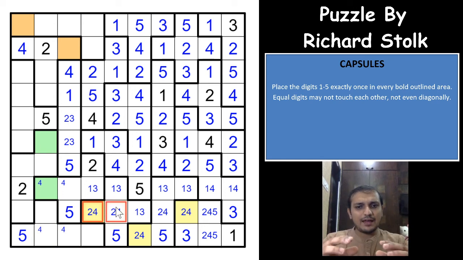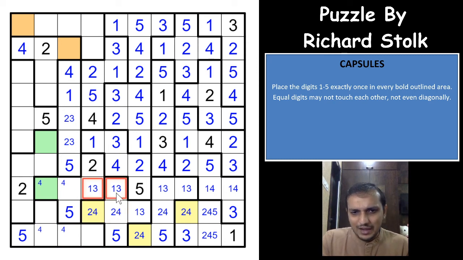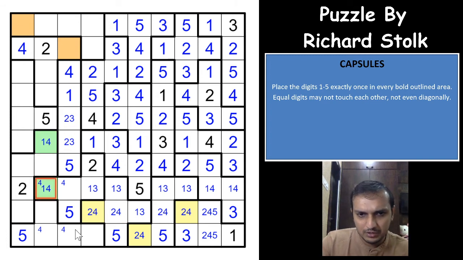So whenever you have a pair in the same region, or in a different region as well, whenever you have a pair adjacent to each other, the cells near those pair cells, horizontally or vertically, if the pair is vertical, then the vertical cells, if the pair is horizontal, then the horizontal cells cannot have those two digits, those two candidates that form the pair, right? And which means that now this cell cannot be 2, 3 and 5, it will have to be 1 and 4, so this becomes 1 and 4 here.